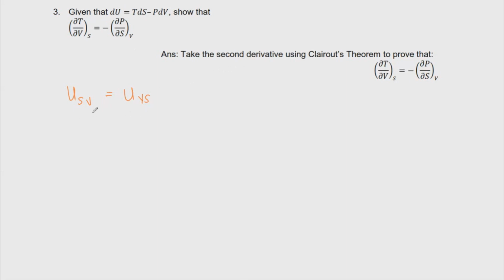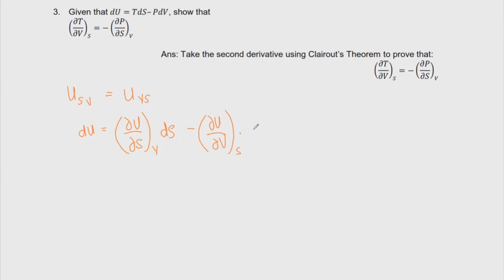So we have dU is equal to the partial derivative of U with respect to S. Taking it as a partial derivative of S, this one is also an independent variable, so we set that as a constant, so that's V. And then we add dS, and then we have minus the partial derivative of U with respect to V. And now that we set V as the independent variable, we set this as a constant, so that's S,